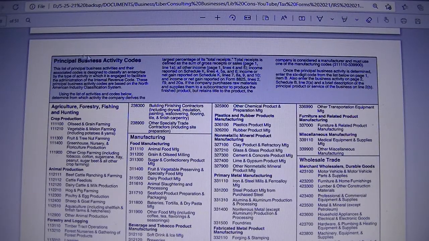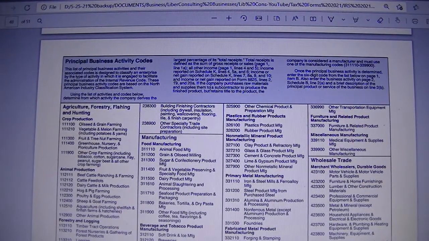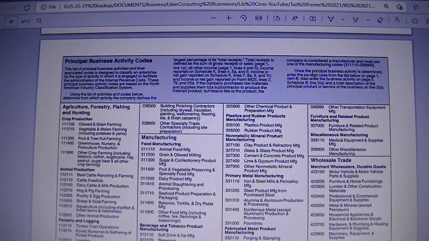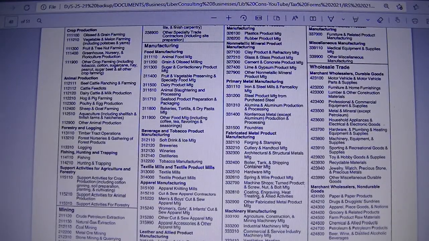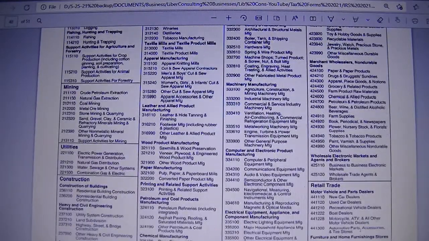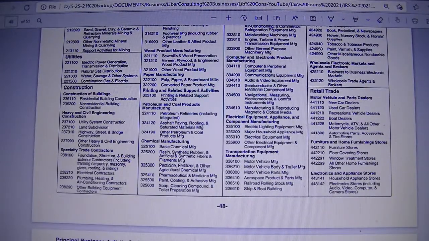where they talk about the principal business activity code. There is an idea behind it. Usually it's the activity that is generating more revenue for you that you use. But if you have used a number already, you want to stick to it. So if you are an online business and you sell to users of your products directly, you are a retailer. So you'll go to the retail trade